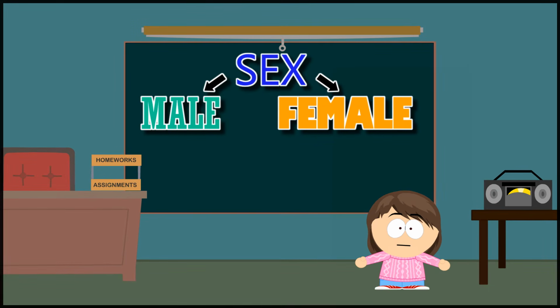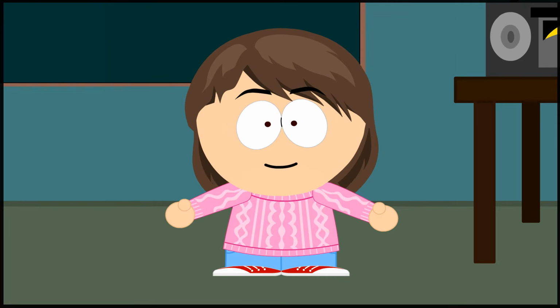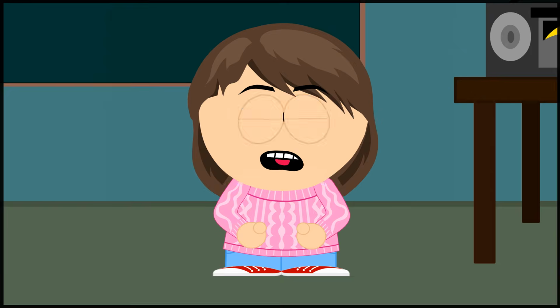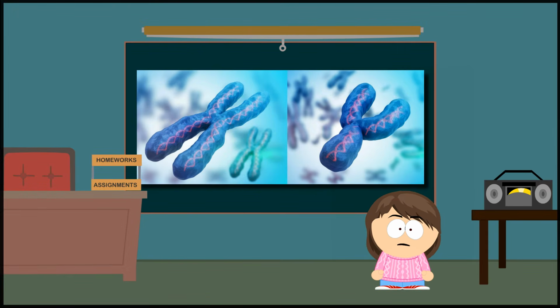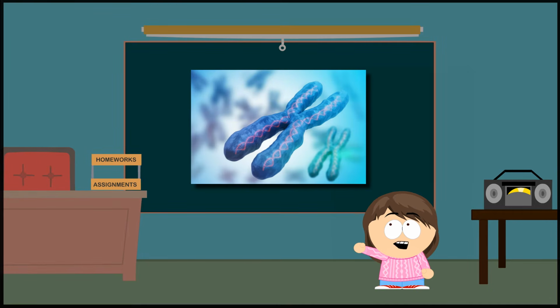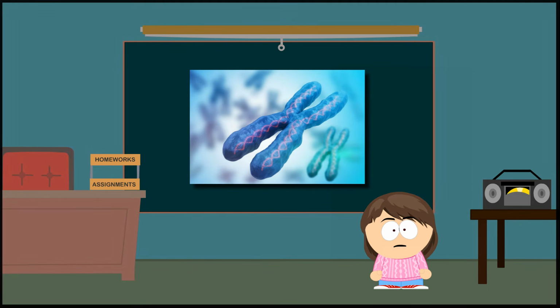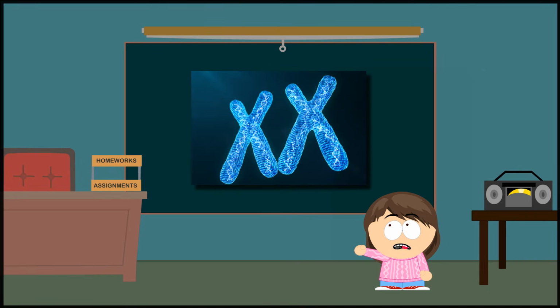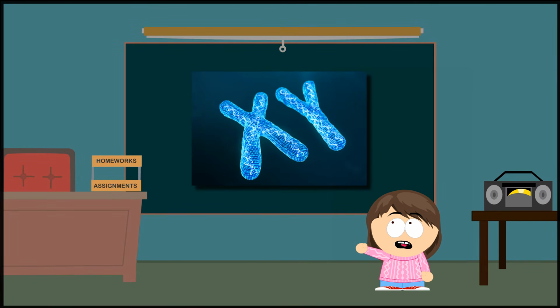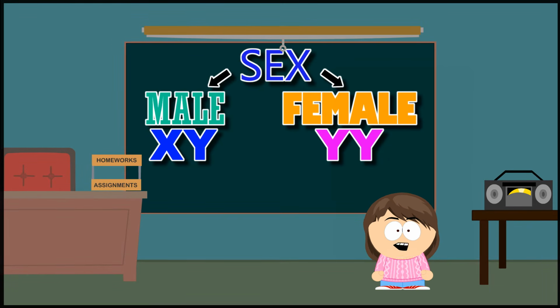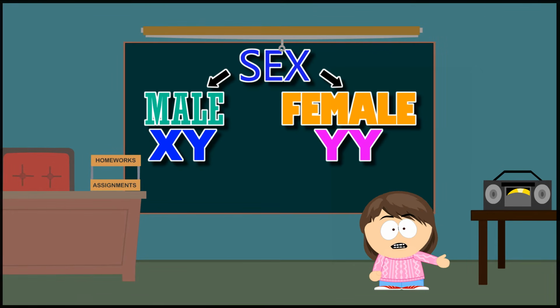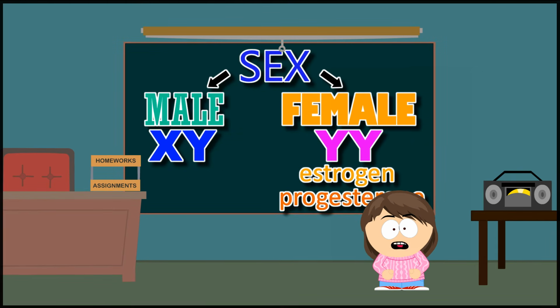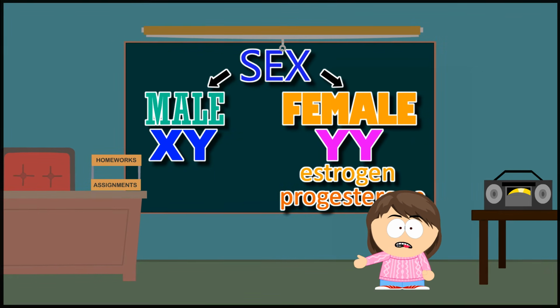and female. In mammals, including humans, during sexual reproduction, usually a sperm cell carrying either an X or Y chromosome fuses with an egg carrying an X chromosome, resulting in a combination of either XX for females or XY for males. Of course, there is also a difference in the reproductive organs or genitalia, and the assigned sex is called a person's natal sex. At birth, female assigned people have higher levels of estrogen and progesterone, while assigned males have higher levels of testosterone.